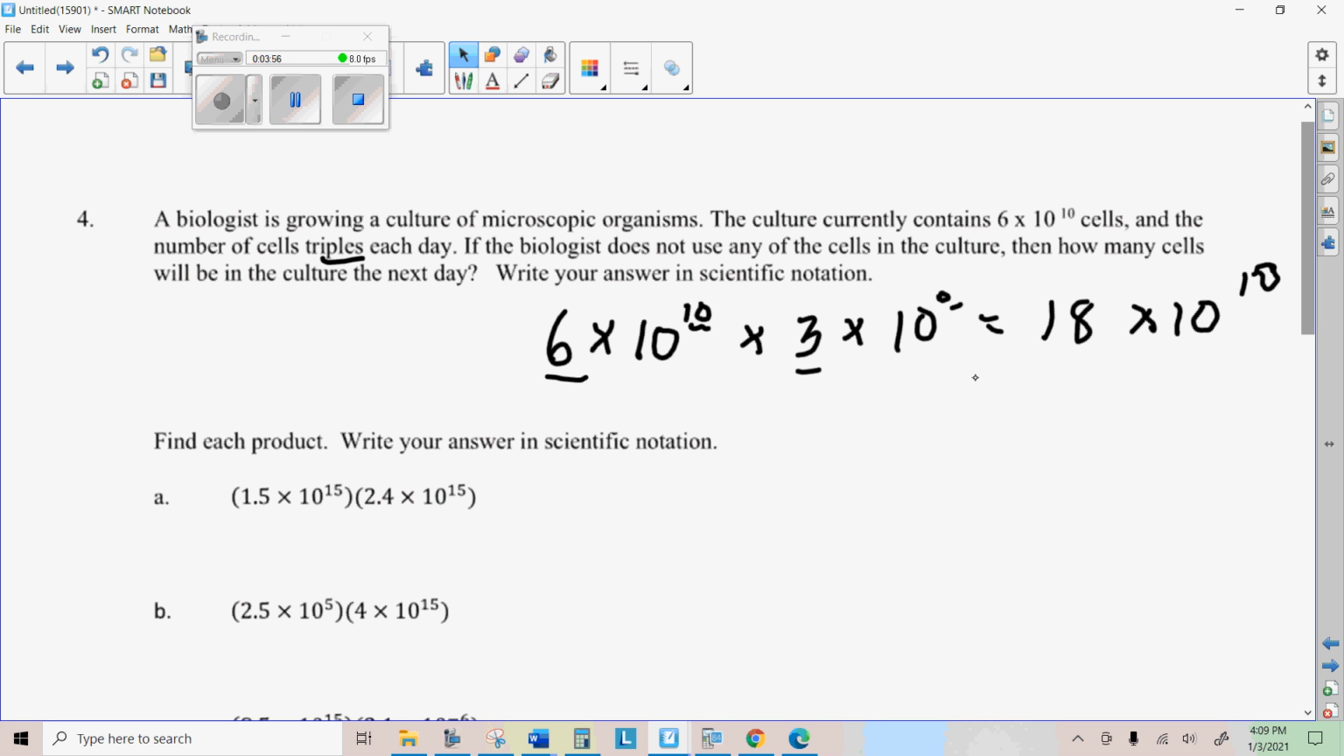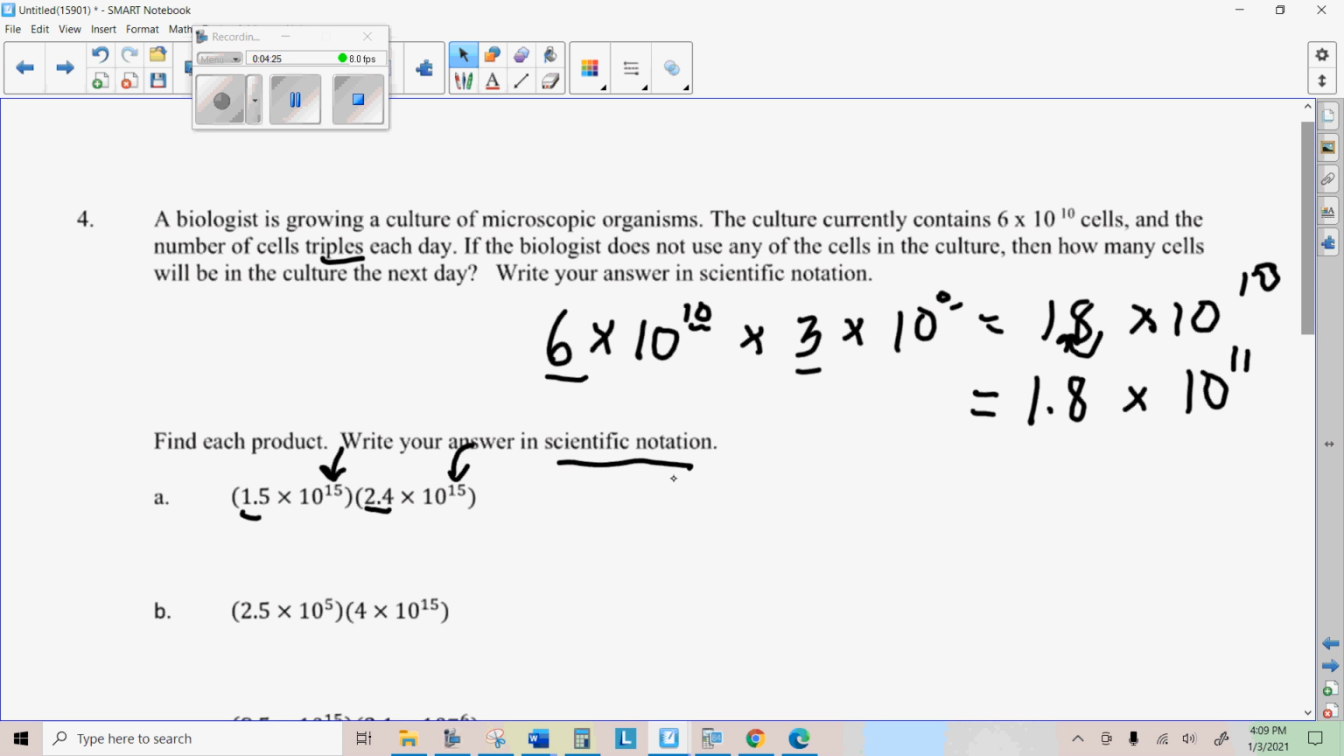And then I just have to make sure it's in scientific notation. 18 is a little too big, so I'm going to move the decimal over 1 place. Now, I just made that number smaller, which means I need to multiply by 10 one more time to make up for that. So I'm going to add 1 to my power in that case. So just to review that real quick, you're going to multiply the 1.5 times the 2.4. And then to get your power of 10, you're going to add the 2 powers, okay,